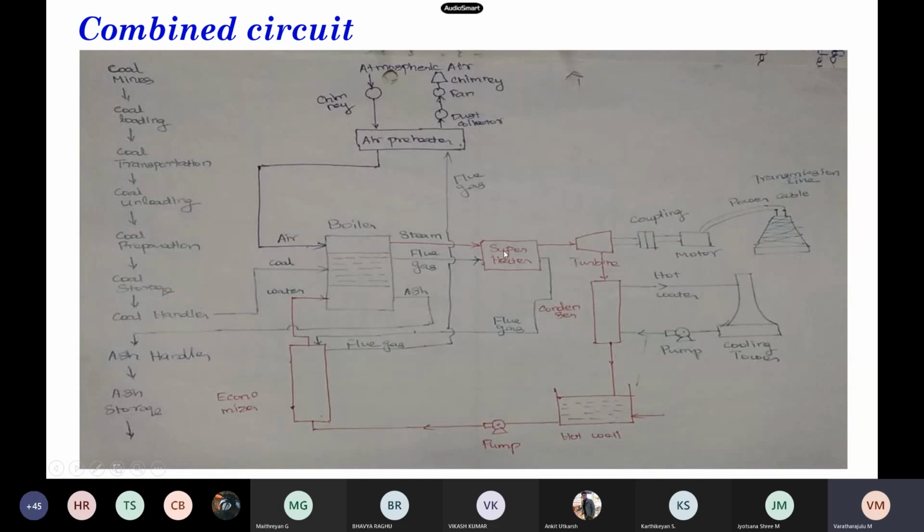And see here, the superheated steam is sent to the turbine. The heat energy, the mechanical energy is converted to electrical energy with the aid of the generator, and then it is sent to the transmission lines to the appropriate place, and we have the condenser unit. To get the condensed water, we need this system, and this cycle is repeated again and again. There are four different circuits, and with the aid of these four different circuits, the thermal power plant can be explained in a detailed way. This is about the thermal power plant, and we'll discuss the various advantages and disadvantages.